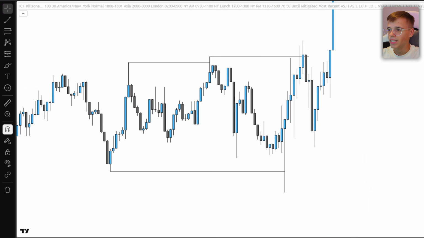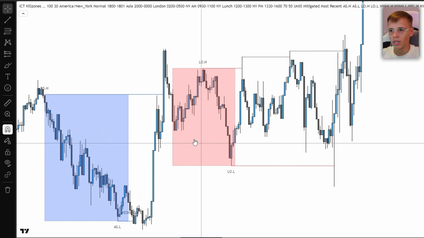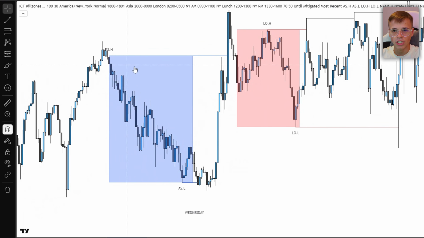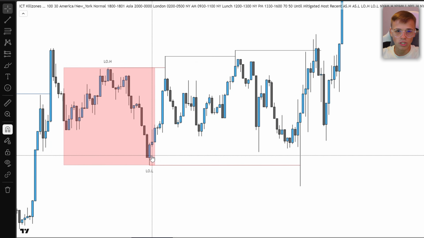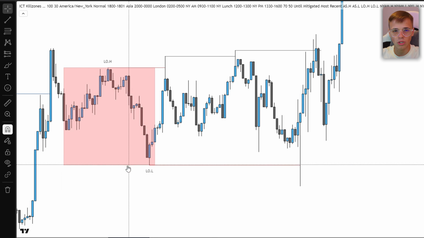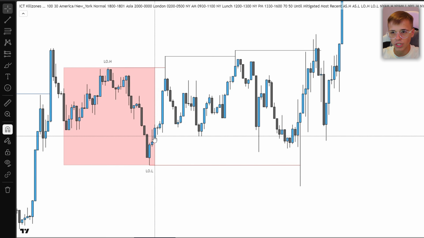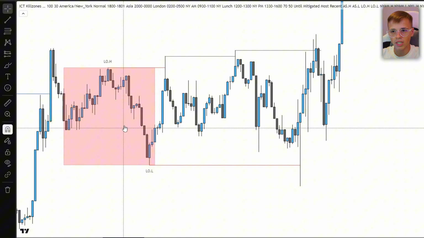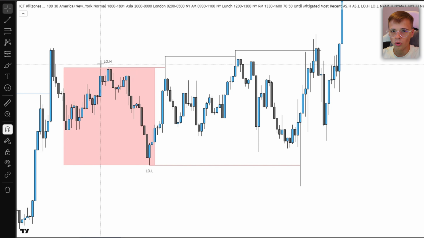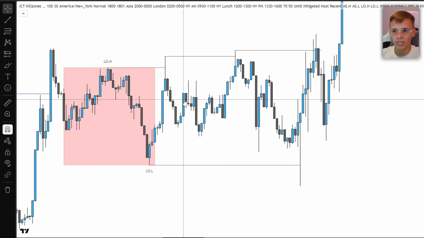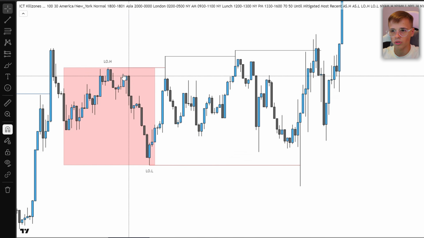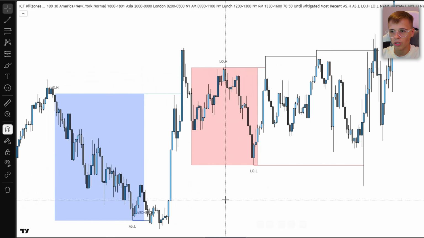And why is this indicator important about London highs and also other session highs and lows? Of course, London is the most important session because the most amount of money is moved in the London session. Basically, there is always going to be a ton of stop losses here and here, and just a ton of orders. It doesn't need to be specifically stop losses, but a ton of orders, and the market is always going to try to collect them, and basically it's always going to manipulate it.